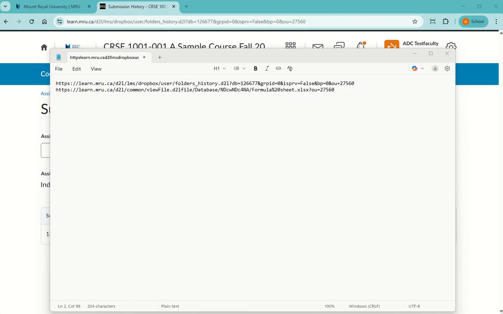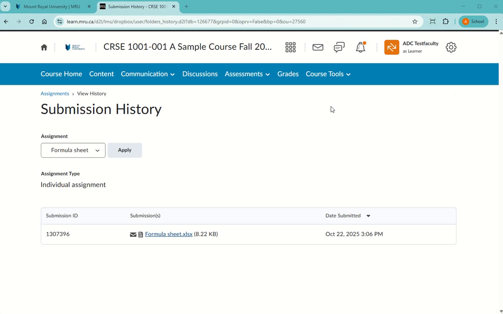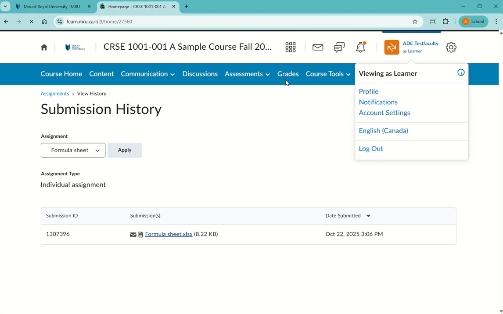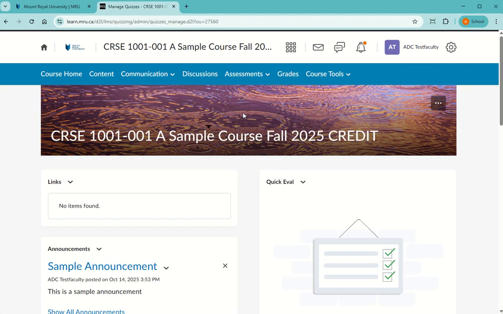And then there's another one that I'm going to post in the description that you can't get this way. You have to get it a weird way, but it's this one. And for these last two, we're only going to use the first part. This second part is unique to a student. So we're just going to be using the parts before that. Anyways, I'm going to go out of being a learner and going to be back to being an instructor and